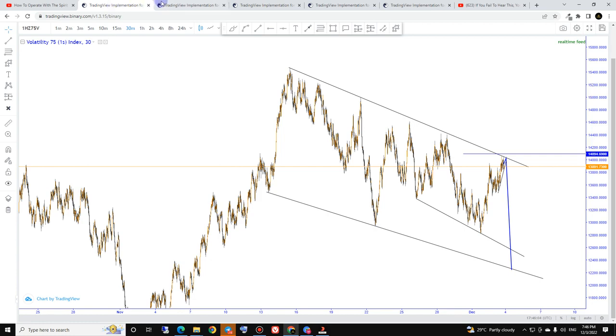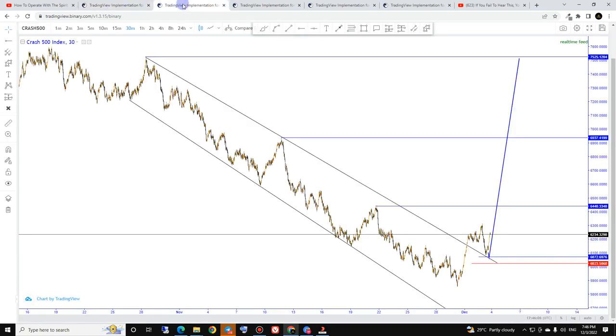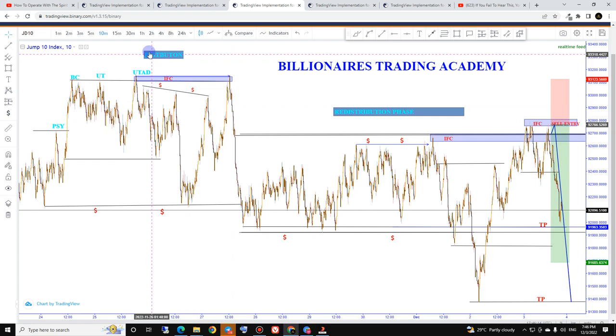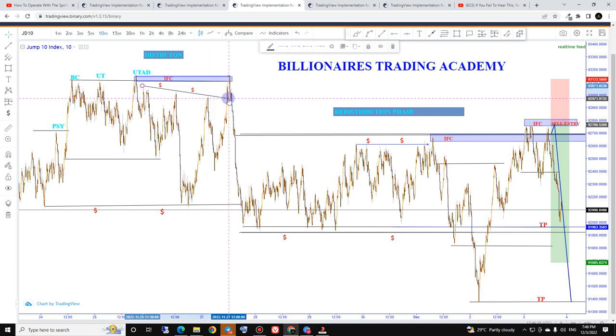Maybe let me just try and show it to you on a different chart. Okay, this is how I was looking at it. So you can see I already marked this. So I saw this was a distribution, right? And of course the market came back in the IFC. We can see here this is liquidity that was created, and this is why we had this push all the way up,